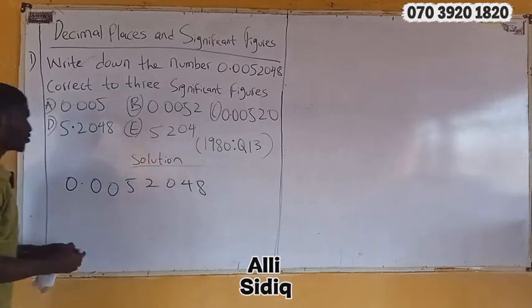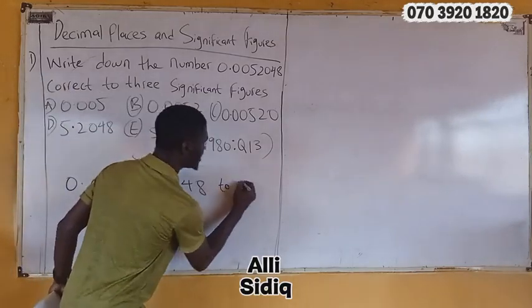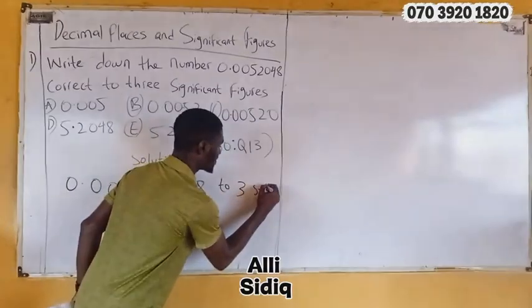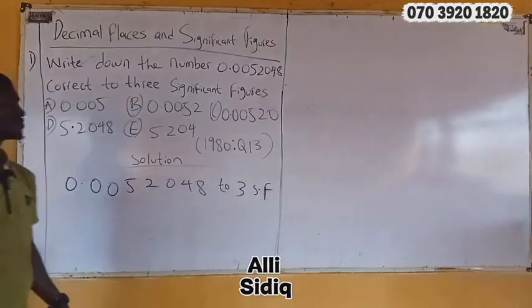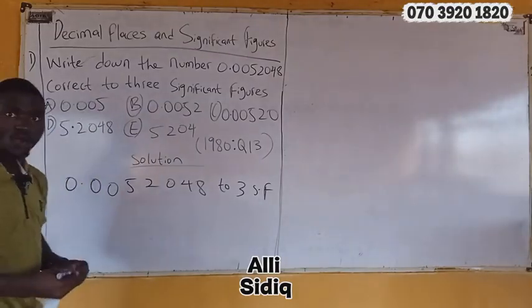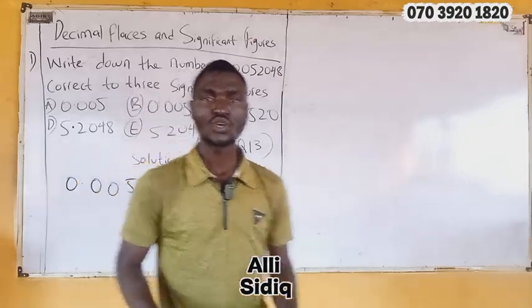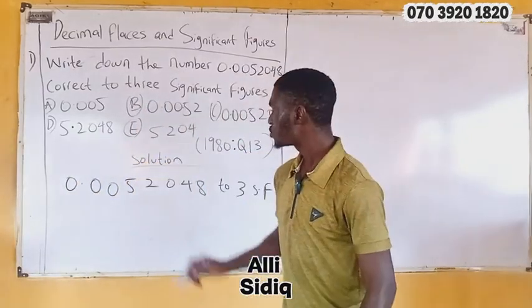0.0052048 to 3 significant figure. Now let's take, according to the rule I gave you on significant figure, I said you start from the first